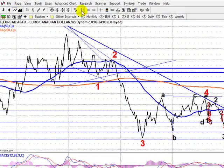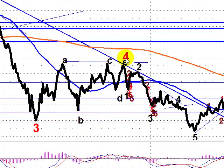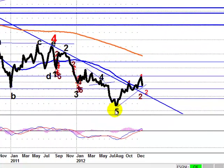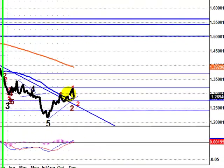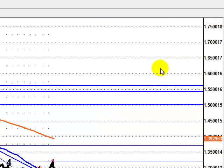The line chart here will clear it very well. Do you see? 1, 2, 3, A, B, C, D, E, 4, 1, 2, 3, 4, plunge, 5th, and that is the bottom. And now we're going up, at the very least we're going up to 145 and potentially a lot higher,